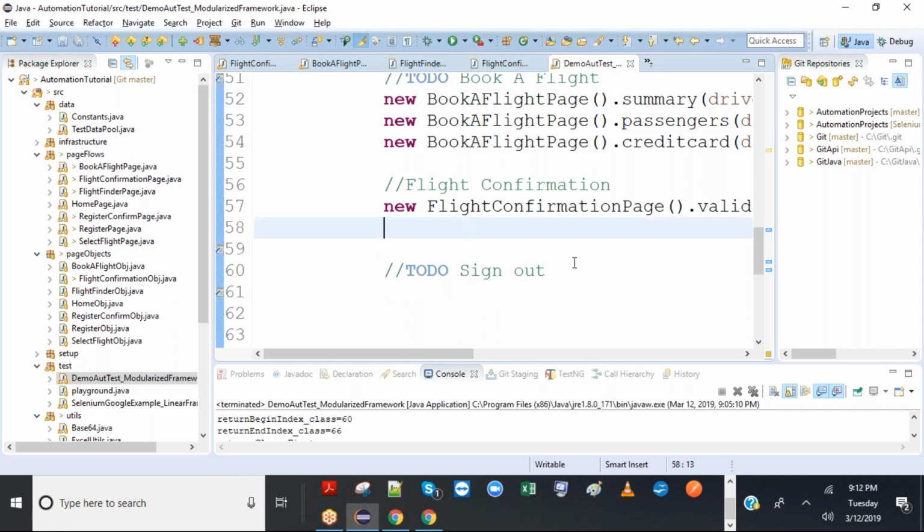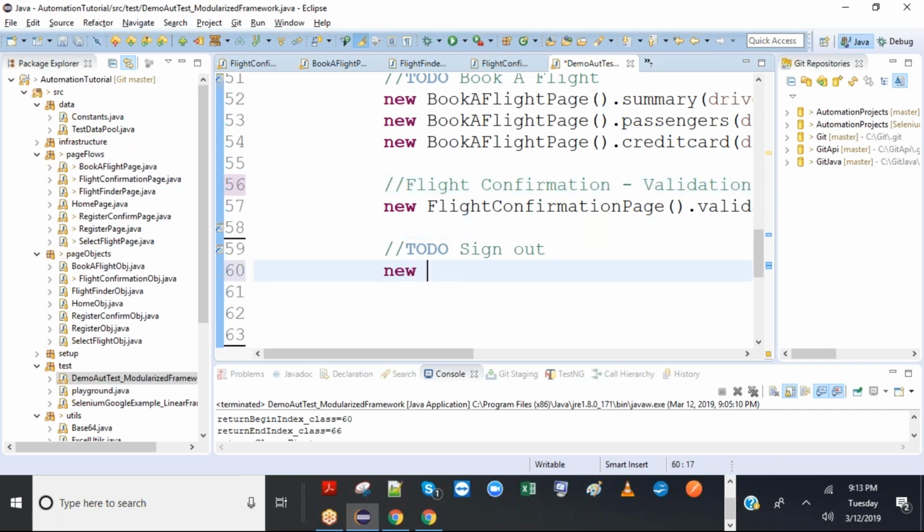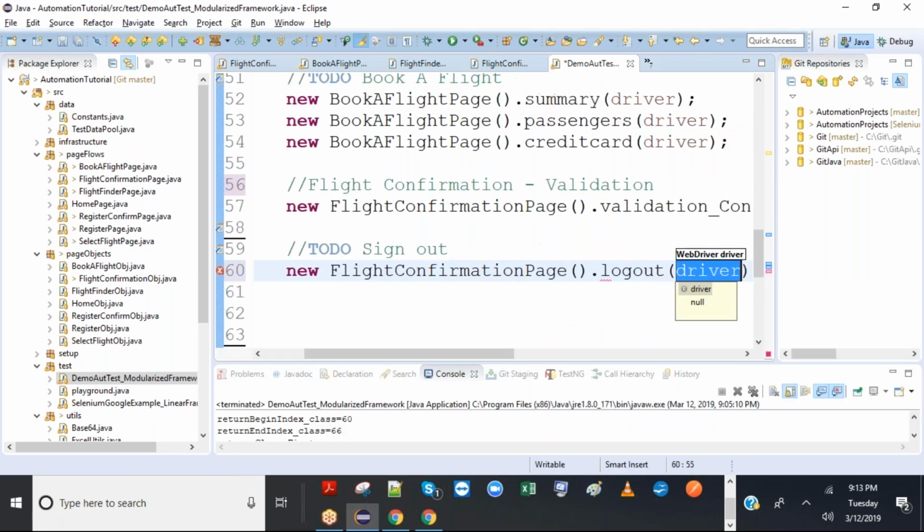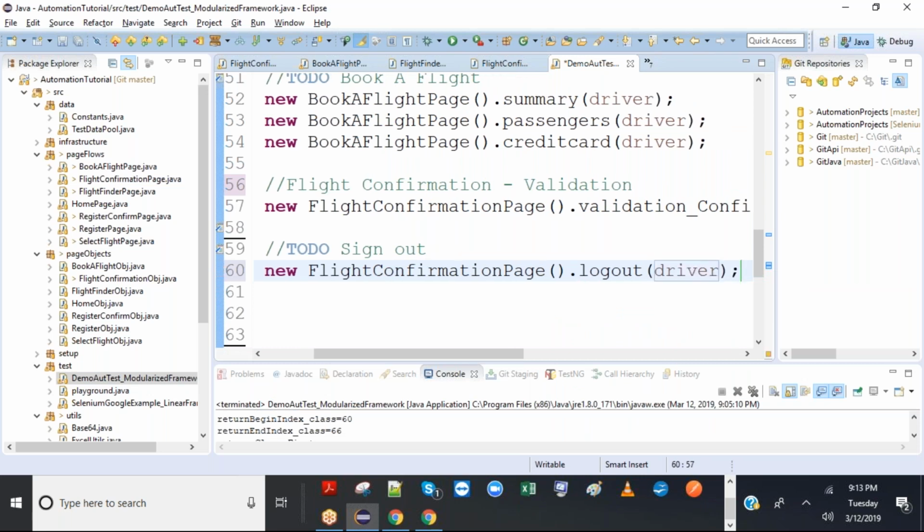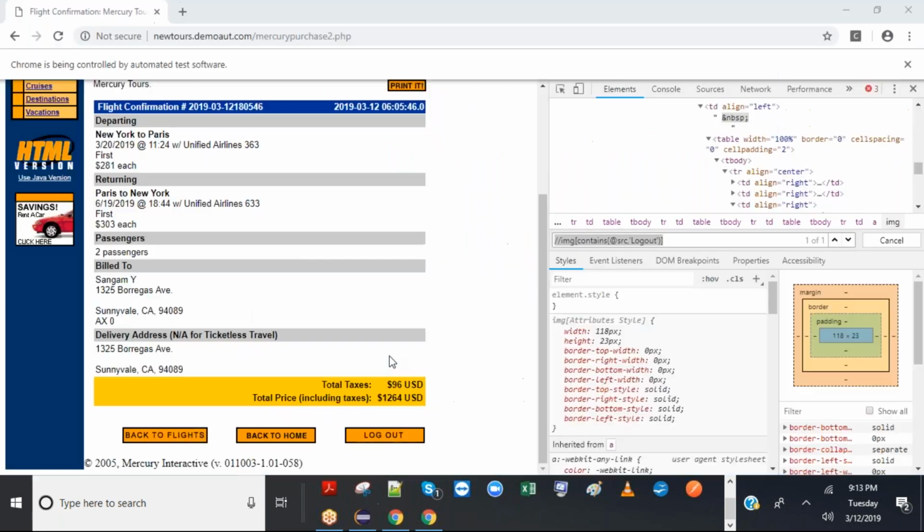And the sign out portion is done here. Flight page dot logout driver. Let's run one final time, and it logs out and takes us to the next page.